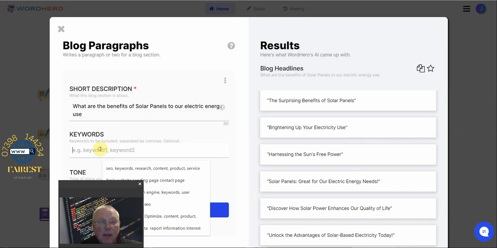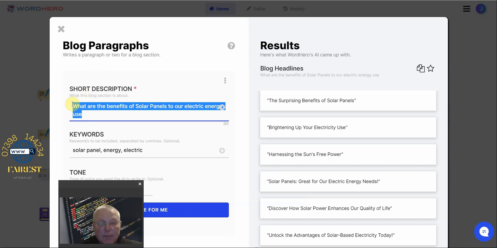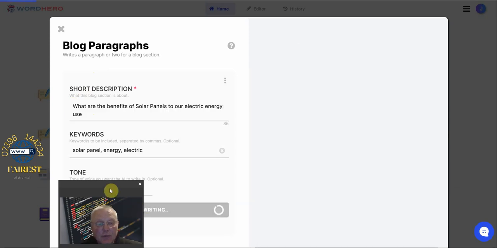I'm going to again add solar panel, energy, electric as the keywords to produce a paragraph. I'm also again going to copy this. I'm going to get this to create